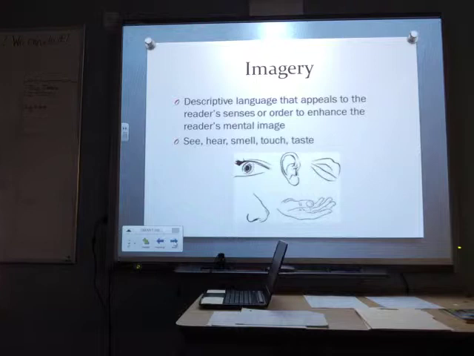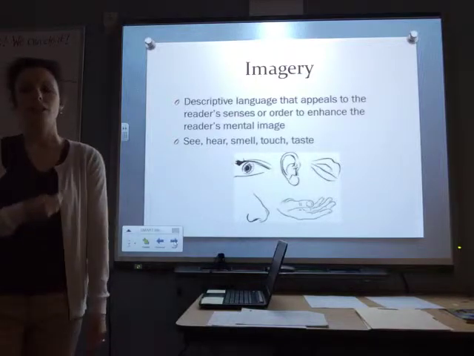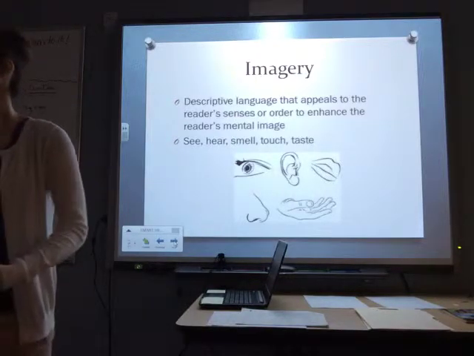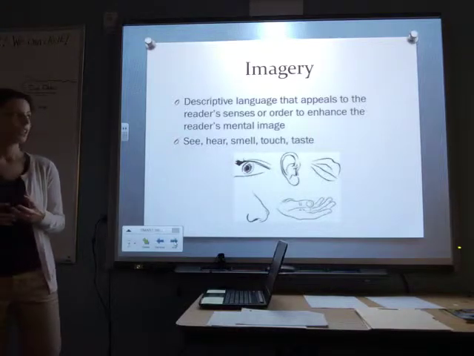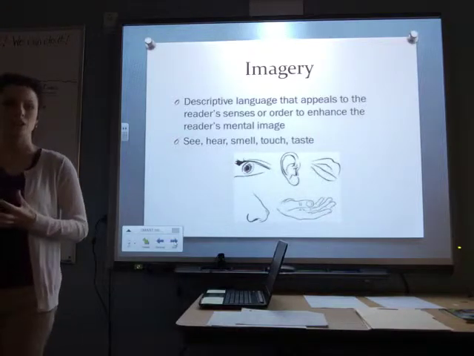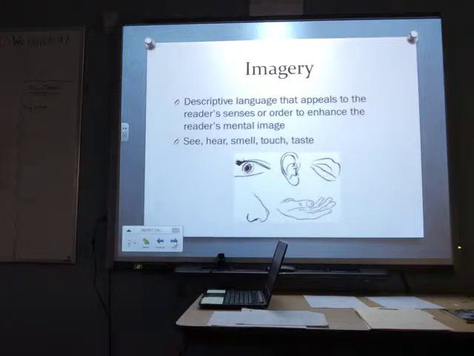All right, so your first thing you're going to write down is imagery. This is descriptive language. Generally, it's going to be something that appeals to your sense of sight or smell or taste. We're describing stuff really well so that we can see that image in our head when we're reading. So I would write down, make sure you say imagery so you know when we come back to the questions